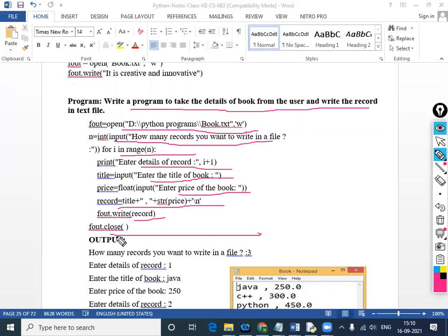Now when we write it, it will not show the content.